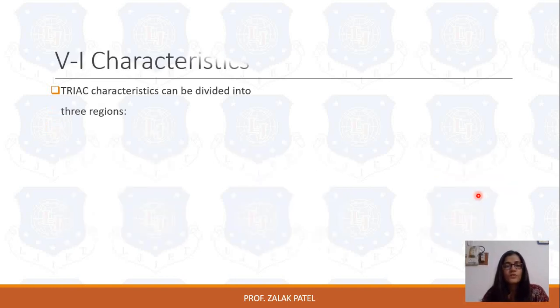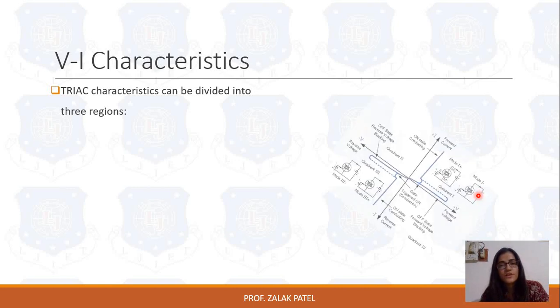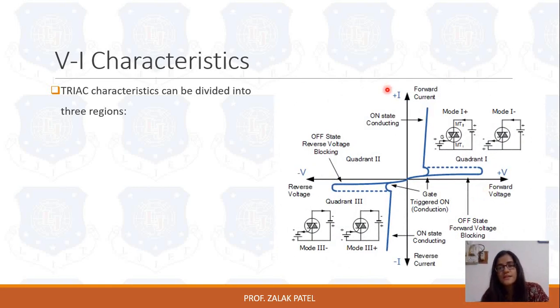Now about the VI characteristic of TRIAC. VI characteristic means the current versus voltage graph. So it looks like this. Here you can see that it is quite similar to the SCR VI characteristic. Like you can see that here the current value is decreasing as we go from left side to right side. In quadrant 1, current value is decreasing and reverse bias voltage increasing, means it is inversely proportional. If we increase the gate current, reverse breakdown voltage decreases.